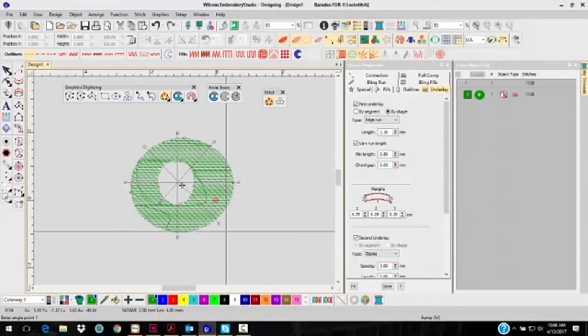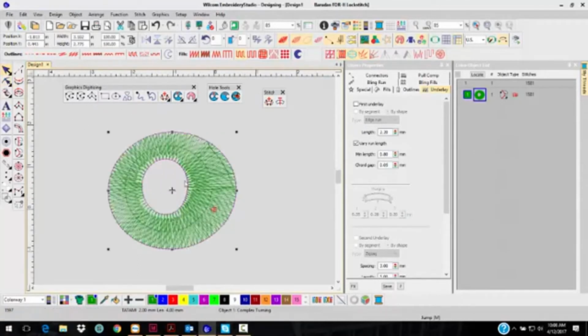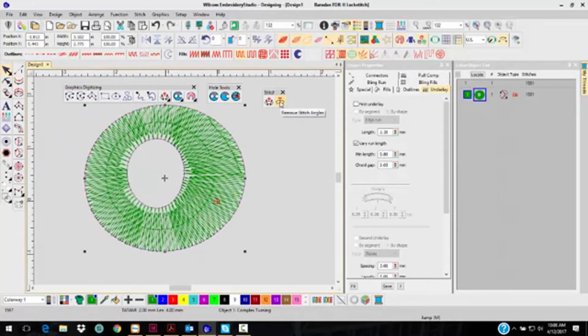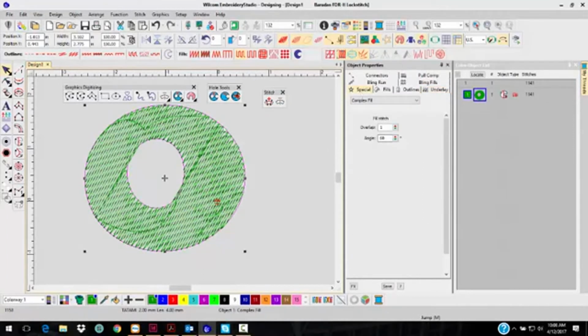And now I've got my stitch angles. I'm going to hit enter, and you'll notice that it turns those stitches like we wanted to. Now the minus one lights up, and that will take out the stitch angles, all of them. So if I hit this, it goes back to 1, and the default angle was 60,